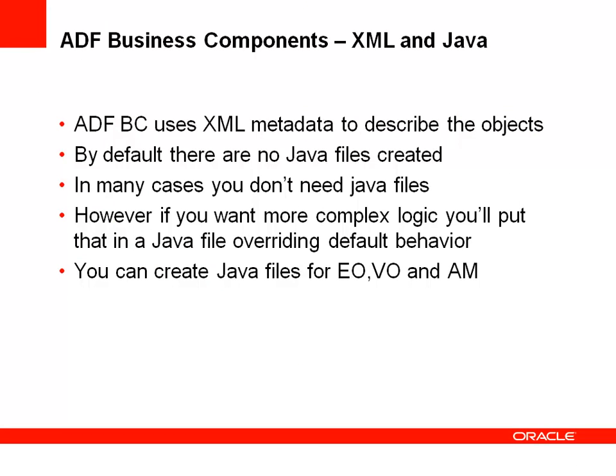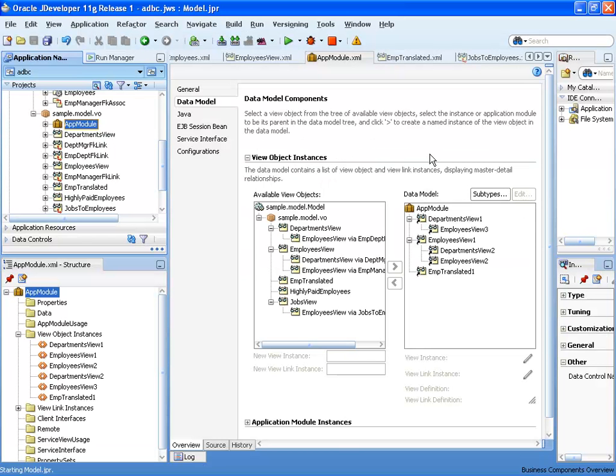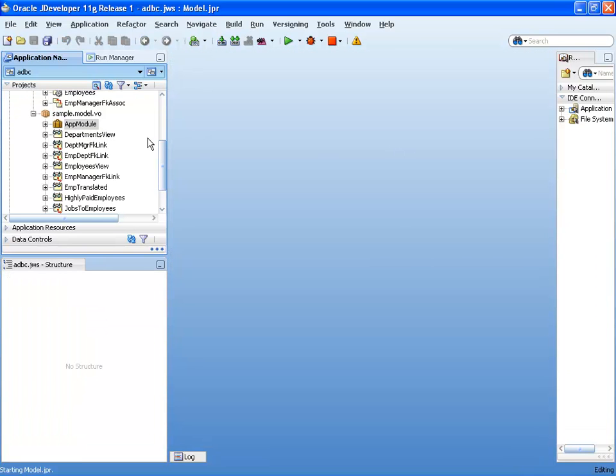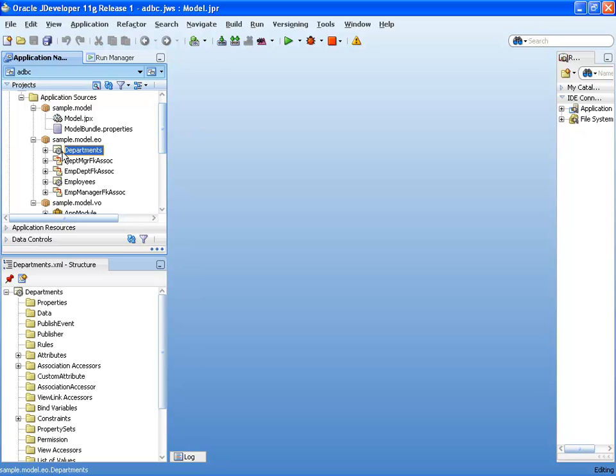So, you might have been wondering, all the development that we've done so far has been done declaratively. Where is actually the code for everything that we wrote? So let's look at what we've created so far. We'll just close all of those files and look at our project structure. We start with the entity objects. Okay? And when you actually look at an entity object and you expand the node, you can see that there's just one file there, which is an XML file. If you double click on it,